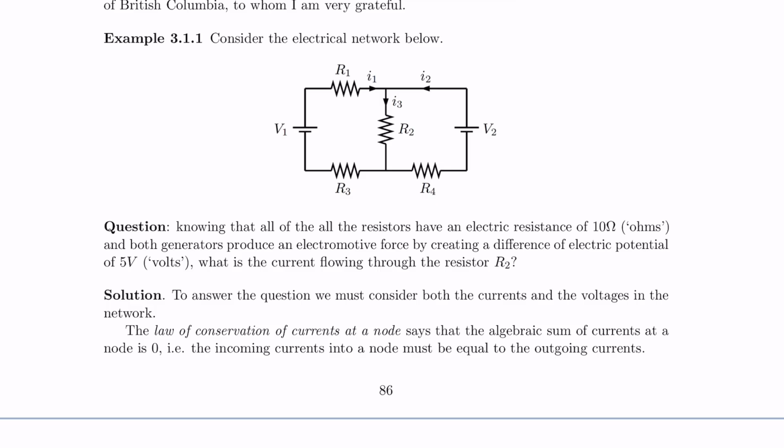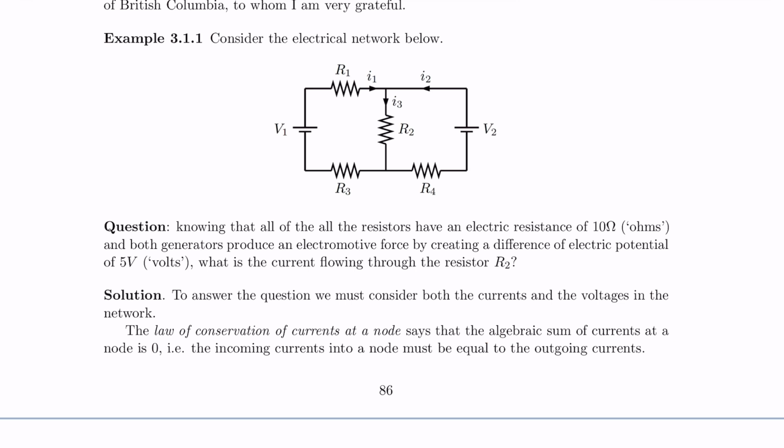Don't be scared, it really doesn't matter if you know how to deal with electronic networks or not. In order to solve the exercise, you just have to believe in the validity of the laws that I'm going to discuss, and you'll see that we'll arrive naturally to a linear system that will provide the answer to the question. First of all, you have to know that this point here and this point here are called nodes of the network. And there is the law of conservation of currents at a node, which says that the algebraic sum of the currents at a node is 0,